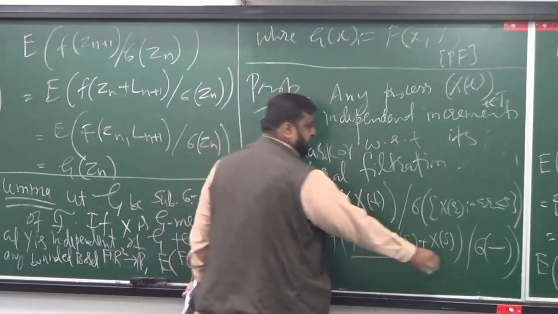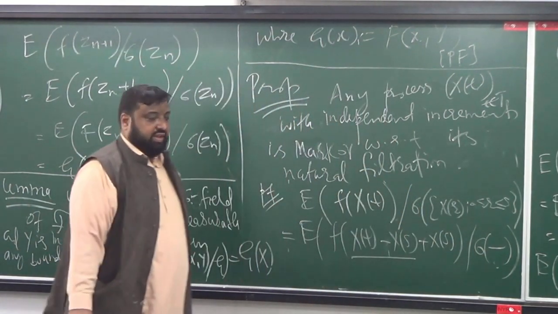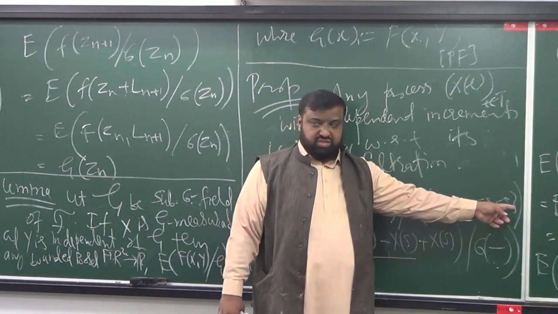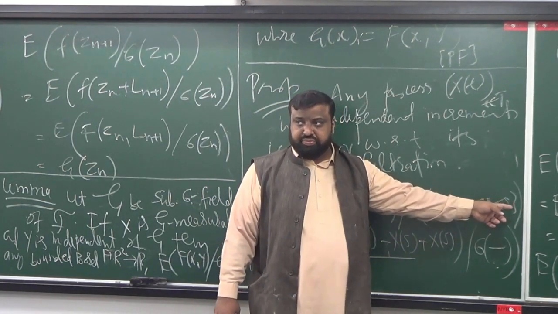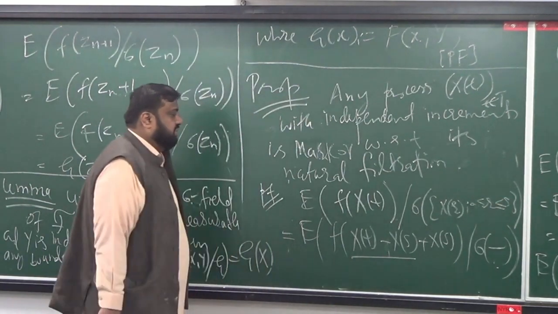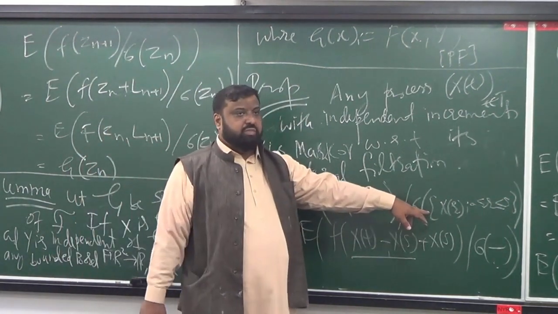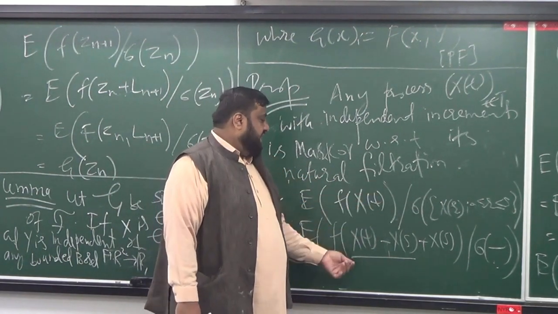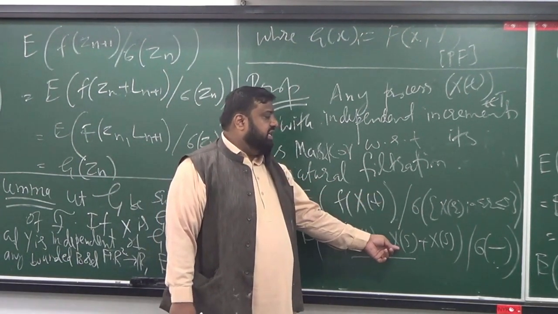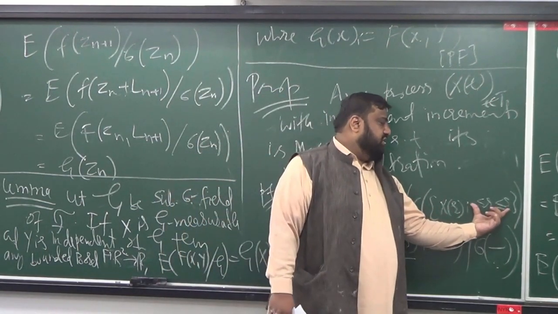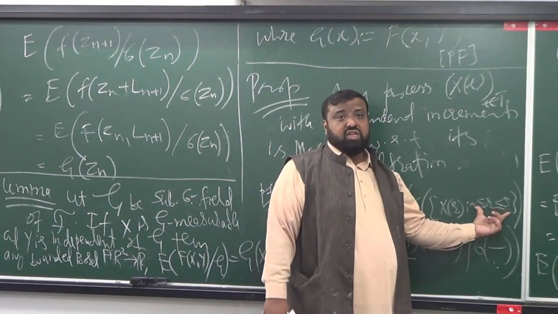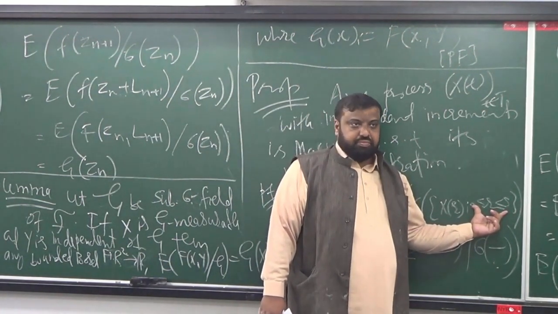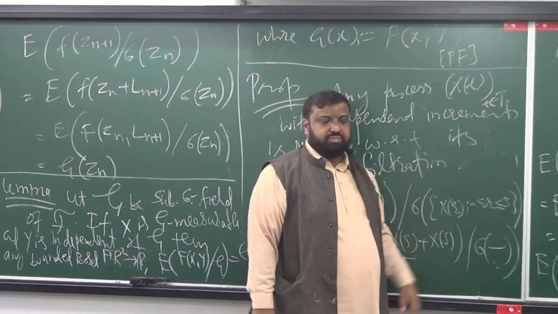Now this bit is independent here, because this is a sigma field generated by everything up to s. I'm trying to explain why it must be independent. Because increments are independent, x of t minus x of s is independent of increments, say x of s minus x of 0. Then it would also be independent of the sigma field generated by that process.